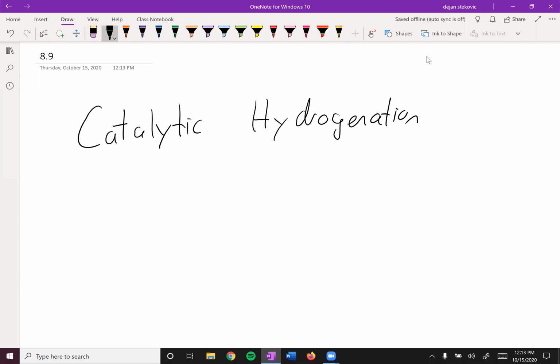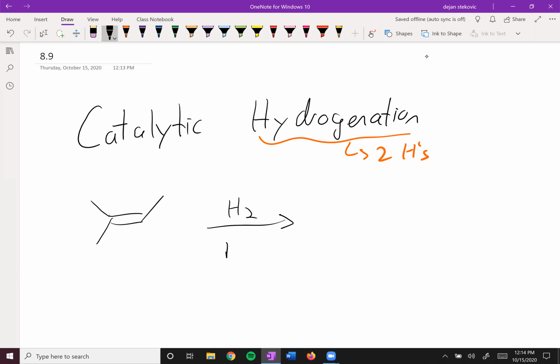All right, so let's continue our theme of adding things across double bonds. In this case, we're going to take a look at catalytic hydrogenation. Hydrogenation basically means that we're going to add two H's across our double bond. And so we've got our generic alkene. What we're going to do is add some H2 gas and then some sort of catalyst, usually platinum, nickel,